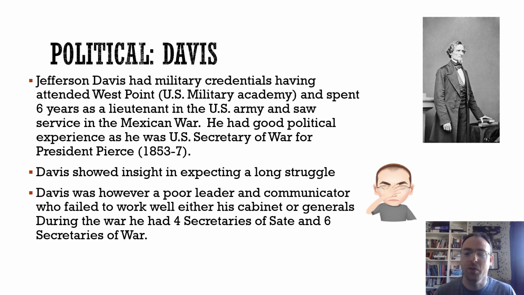And there's some real strong evidence of this all going completely wrong. So, for example, his cabinet is like a merry-go-round. He has 4 different secretaries of state and 6 different secretaries of war during the Civil War. So bear in mind, it lasts for 4 years. So his Secretary of War is changing more than once a year in the middle of a war. He tends to take too much on himself. He's really poor at delegation. But then he's also indecisive. A whole heap of stuff you don't want in a war leader.